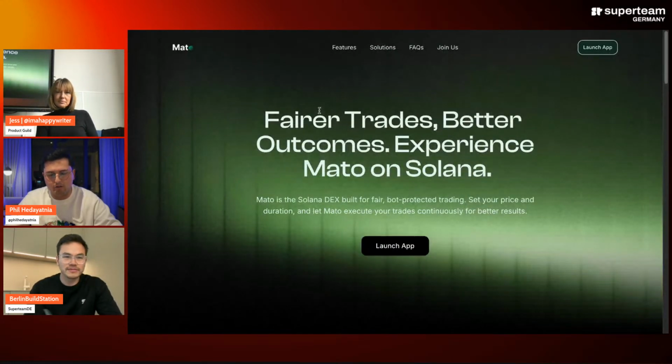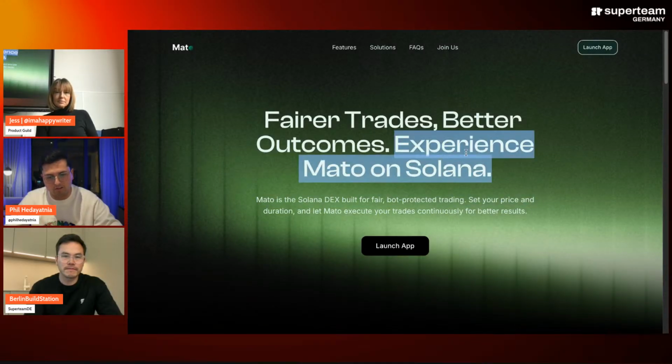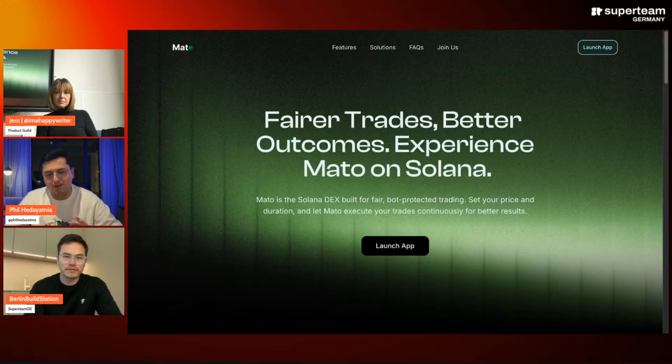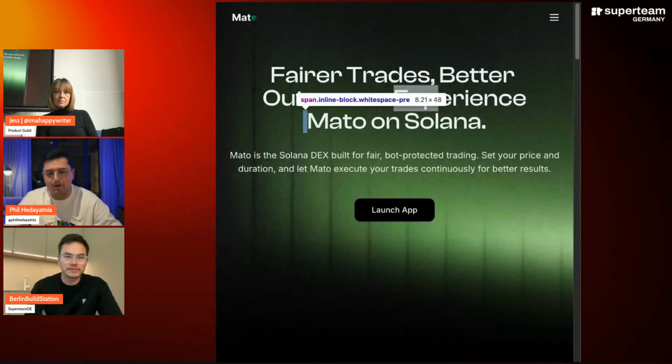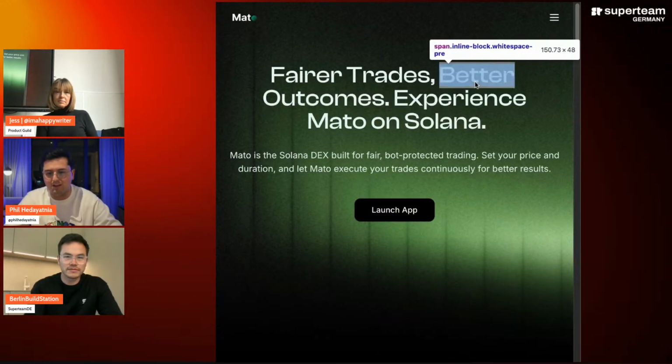Fairer trades, better outcomes, experience motto, and so this is superfluous. Like, get rid of this text. Like, if there's other ways that you can mention that it's a Solana DEX. If you literally just had like fairer trades, better outcomes, it would be, I think, much more effective at like conveying the